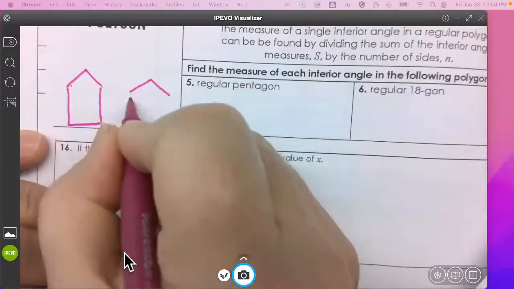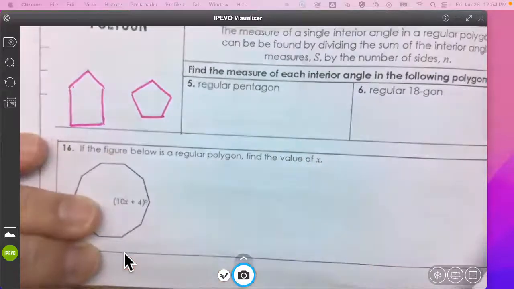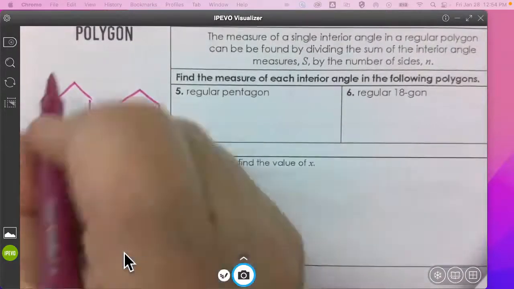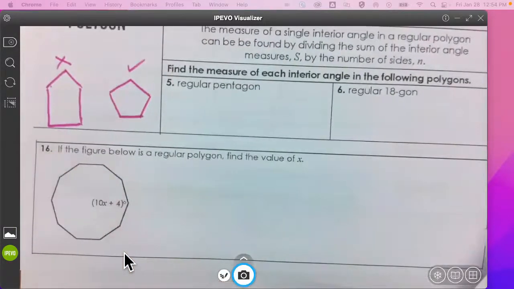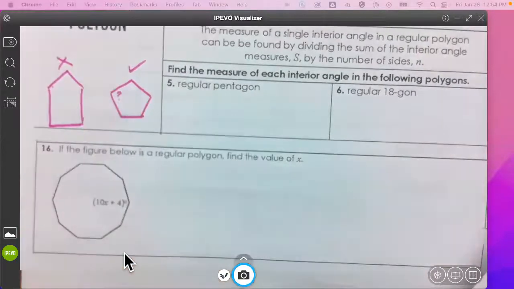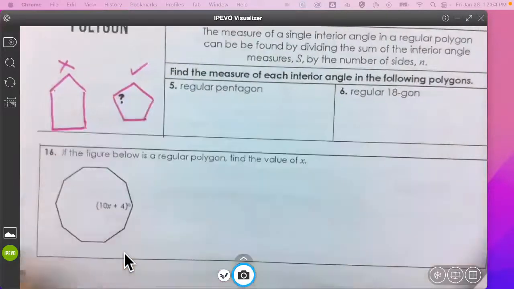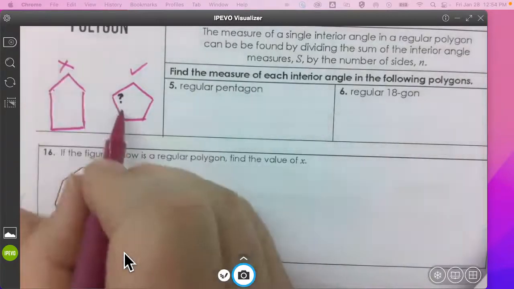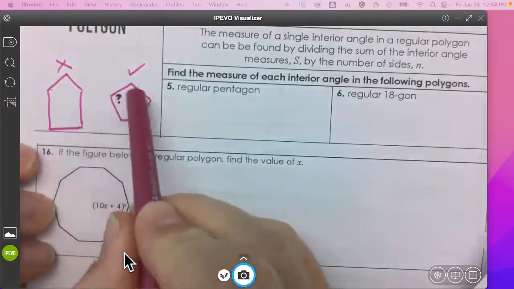There does exist a pentagon. This is my effort at drawing it. It's probably not perfect, but where all the sides are the same and all the angles are the same. This one's not a regular pentagon, this one is. The question is, how big is one angle in a regular pentagon? Well, if we know that a single angle in a regular pentagon is the same as all the others,